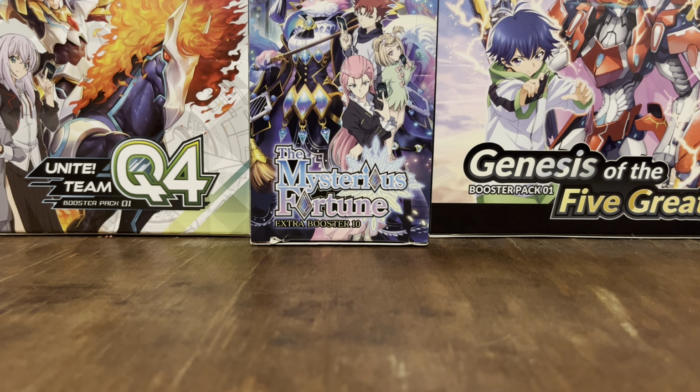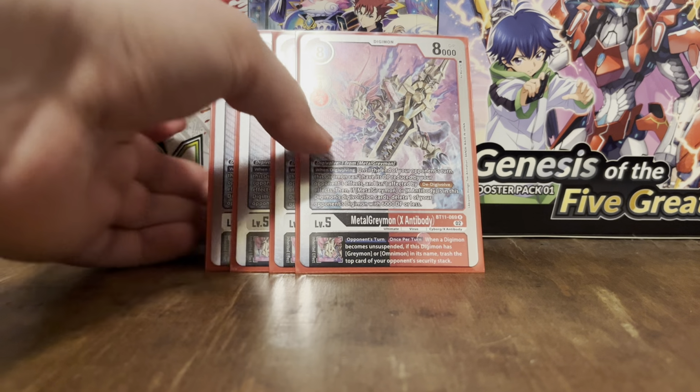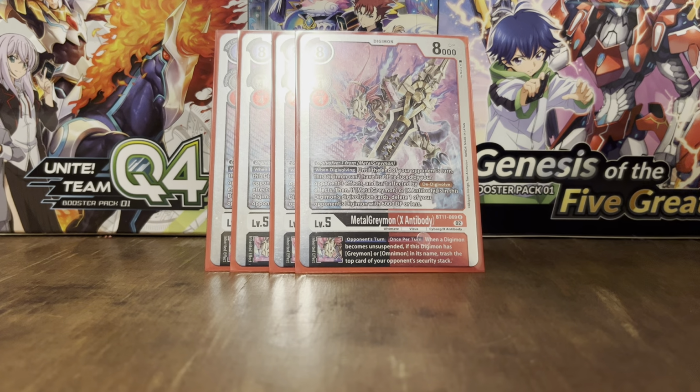Next up, another very good card we got for this is BlackWarGreymon Virus X Antibody. It has the regular evolve cost of 4 on a black level 4 or 4 on a red level 4, and it has the alternate cost of 1 on a BlackWarGreymon. When Digivolving, until the end of your opponent's turn, this Digimon can't have its DP reduced by your opponent's effects,